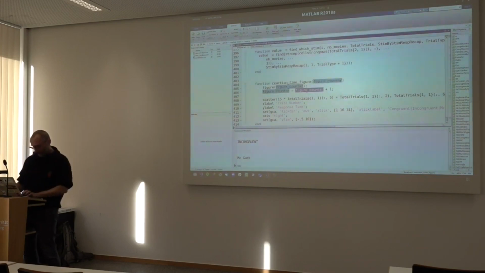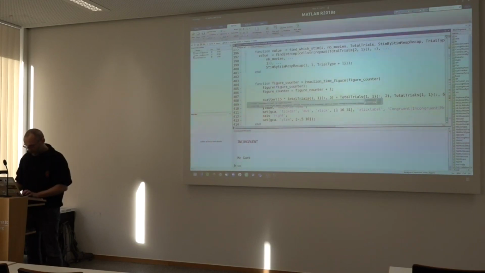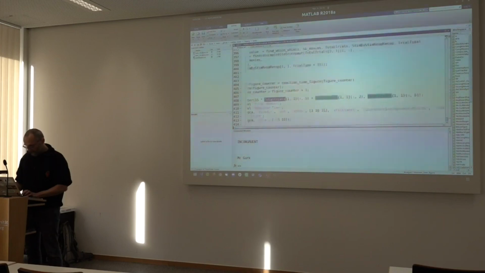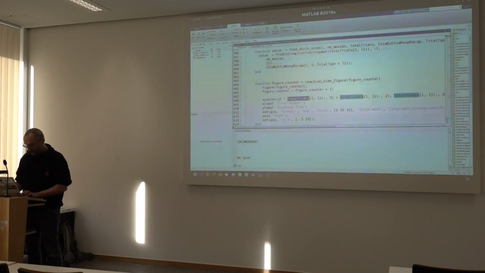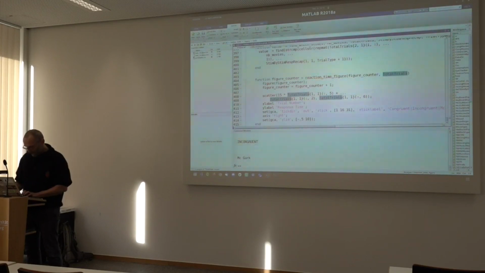Okay, the figure counter gets incremented here, so we will need to return this. What else do we need? I think we only need total trials, yes, that's the only thing we need. And then I think we have our function to create the figure. Then we can indent this a little bit.